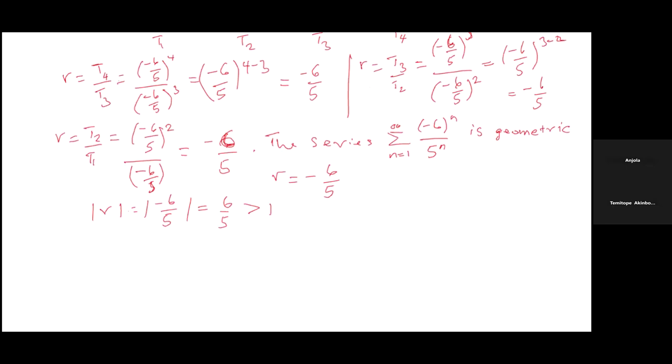It's greater than 1. And we have said that if the geometric series has a common ratio greater than 1 or equal to 1, according to our statement earlier, then it is what? It is divergent. Convergent, I mean, it is divergent. Yes, sir. So it's greater than 1. Hence,